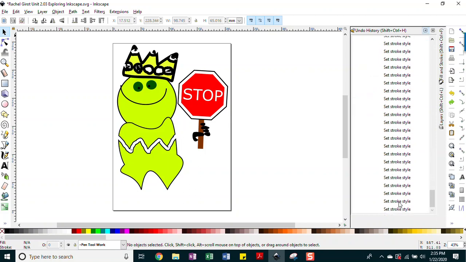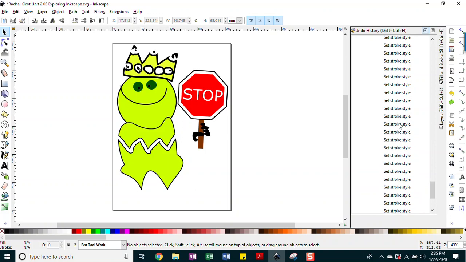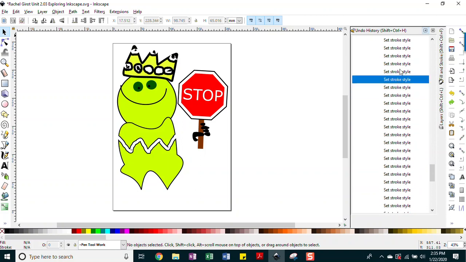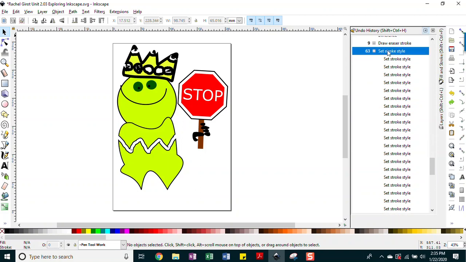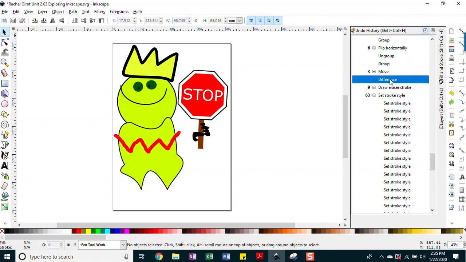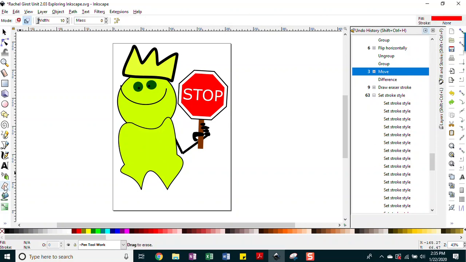And for whatever reason, it's not wanting to take back my strokes. So I could just go ahead and, I'm going to hit delete. Oh, it won't let me. Okay, I'm just going to go back to this point right here. Okay, so I'm going to go to there, and I think I'll grab my eraser tool